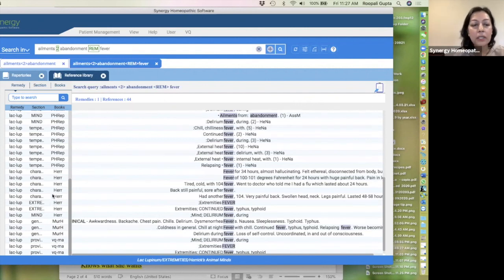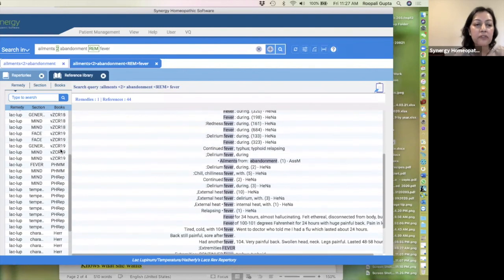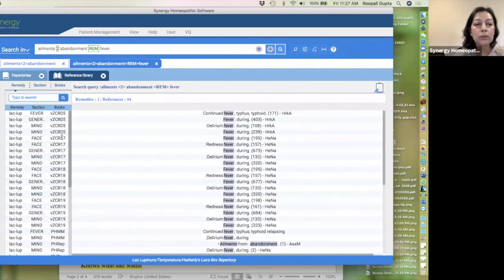So there are 44 references but 5 different books that talk about it, and of course, this is the 2005, 17, 18, 19. So maybe 8 or 9 references that have lac lupinum as the only remedy that has ailments from abandonment and